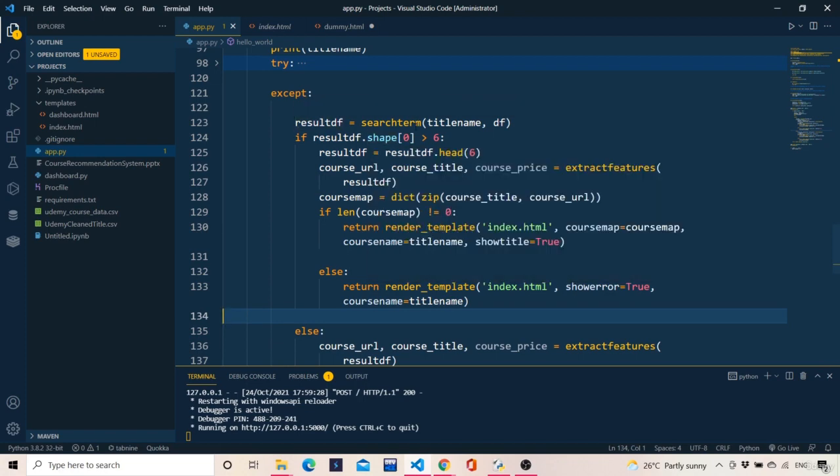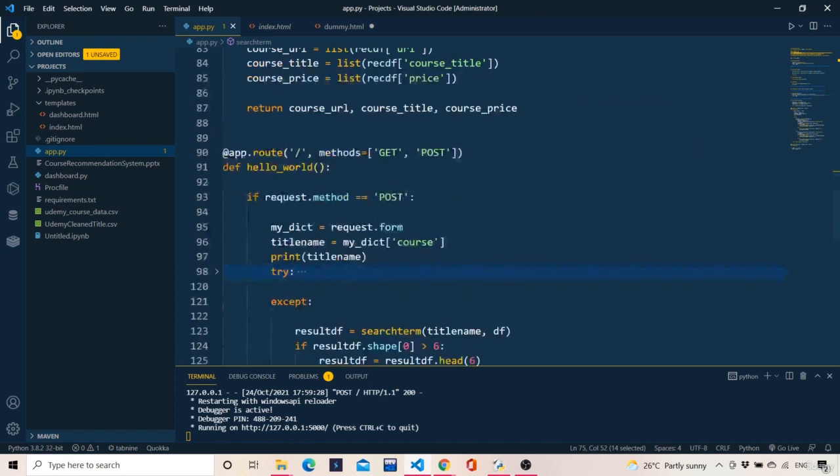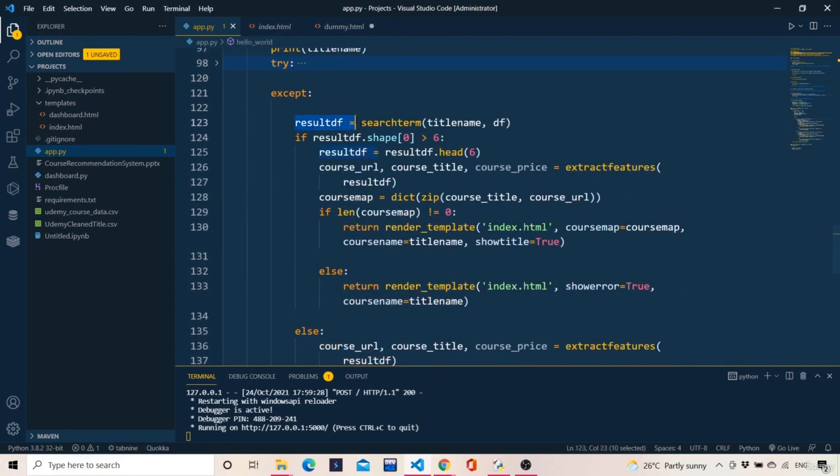Okay, so this search term, if I just look over here, it will select the term, whichever term is having the keyword, and if it is having, then sort by values, sort by the number of subscribers, how many subscribers are enrolling in that particular course. The course which has the maximum number of subscriptions will be shown, and it will be sorted in descending order. Then we'll return the top 6. So that will come over here in result df. Now they will see if shape of result df is greater than 0. If it is greater than 6, then we will take the first 6 parts,